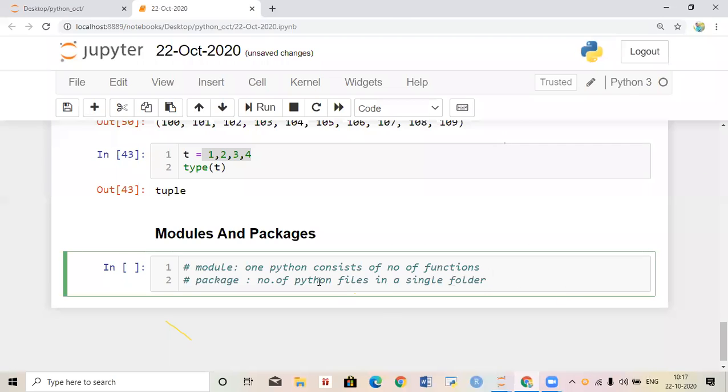This number of modules will be represented in a single folder. That folder is called a package.